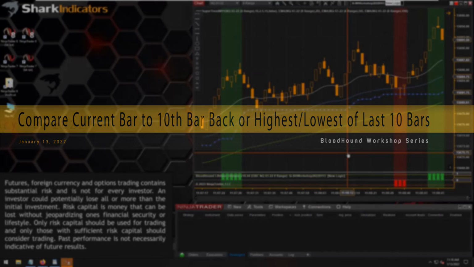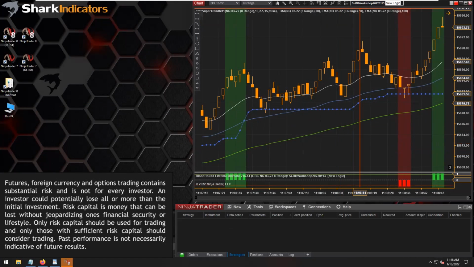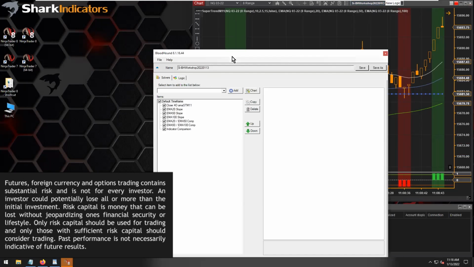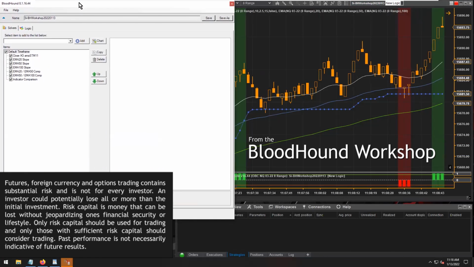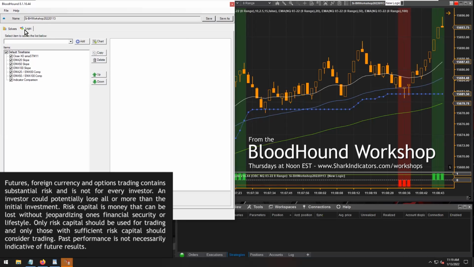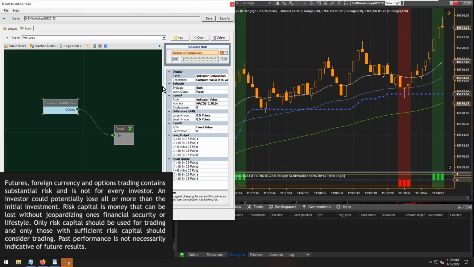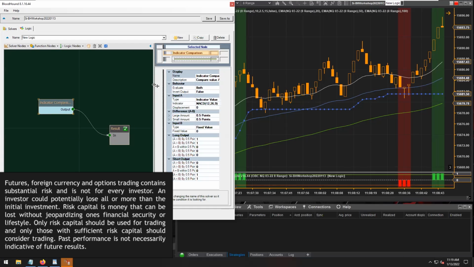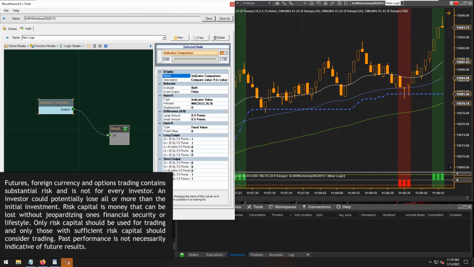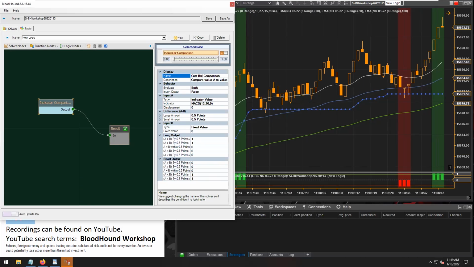Okay, I see. All right, so Dean actually wants to see two different types of comparisons. So the current bar versus the last 10 bars, or the current bar versus the 10th bar back. All right, let's do the easy one first here. We're going to use a comparison solver to do this. So the easiest comparison to demonstrate is going to be the current bar